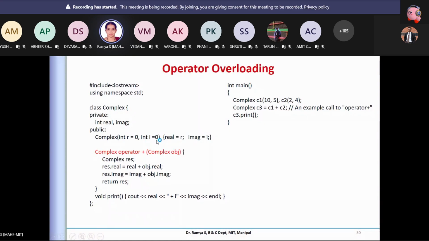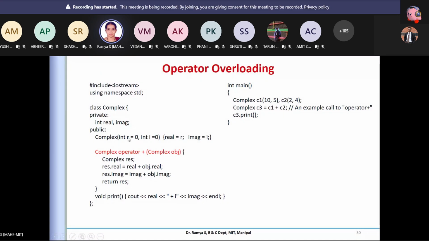What is that? Default constructor. No, it is not a default constructor. A default constructor should not have any parameter at all. Yes, this is constructor overloading. It is a parameterized constructor, no doubt. But these values you are assigning, if the value is not passed, we call this default arguments. So this is a parameterized constructor with default arguments. Arguments, because these are the parameters to that.